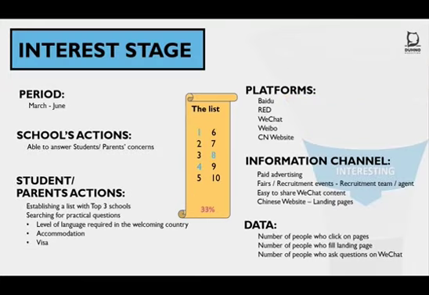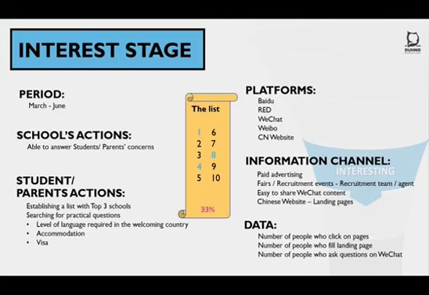Interest stage. At this stage, the students and the families in general will decide on roughly 3 schools. So they will make basically a top of the list. The top of the list here, we have highlighted in blue. School number 1, number 4, number 8 will be selected. And this is where your chance to acquire that student in your school is about 33%, because they have 3 schools that they would like to go to.